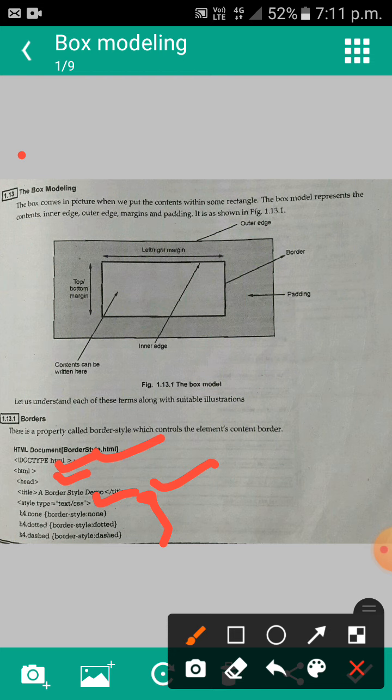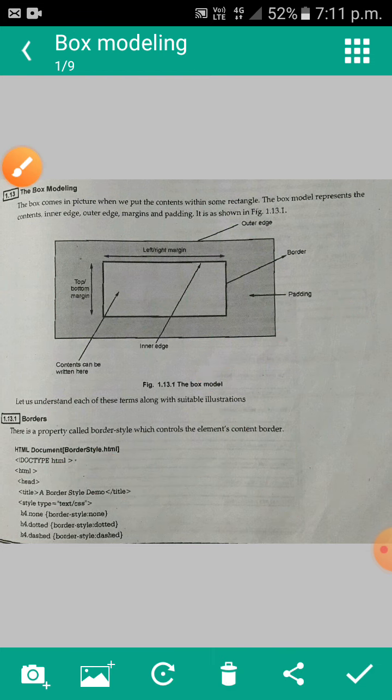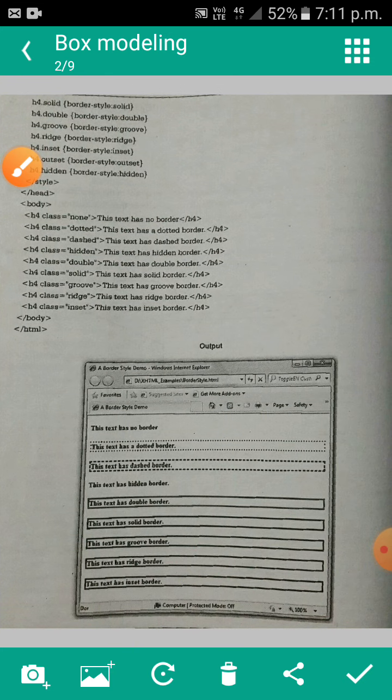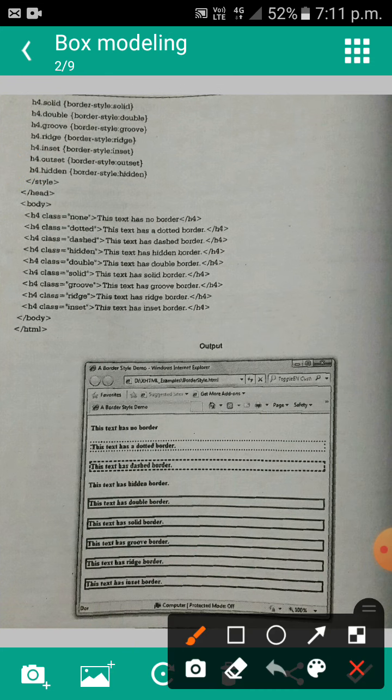Then h4 dot none, border style none, for the h4 heading. Then h4 dot dotted, border style dotted means a dotted border, like this. Then h4 dot dashed, border style dashed, like this dashed border. Next, h4 dot solid, border style solid means a thick line.